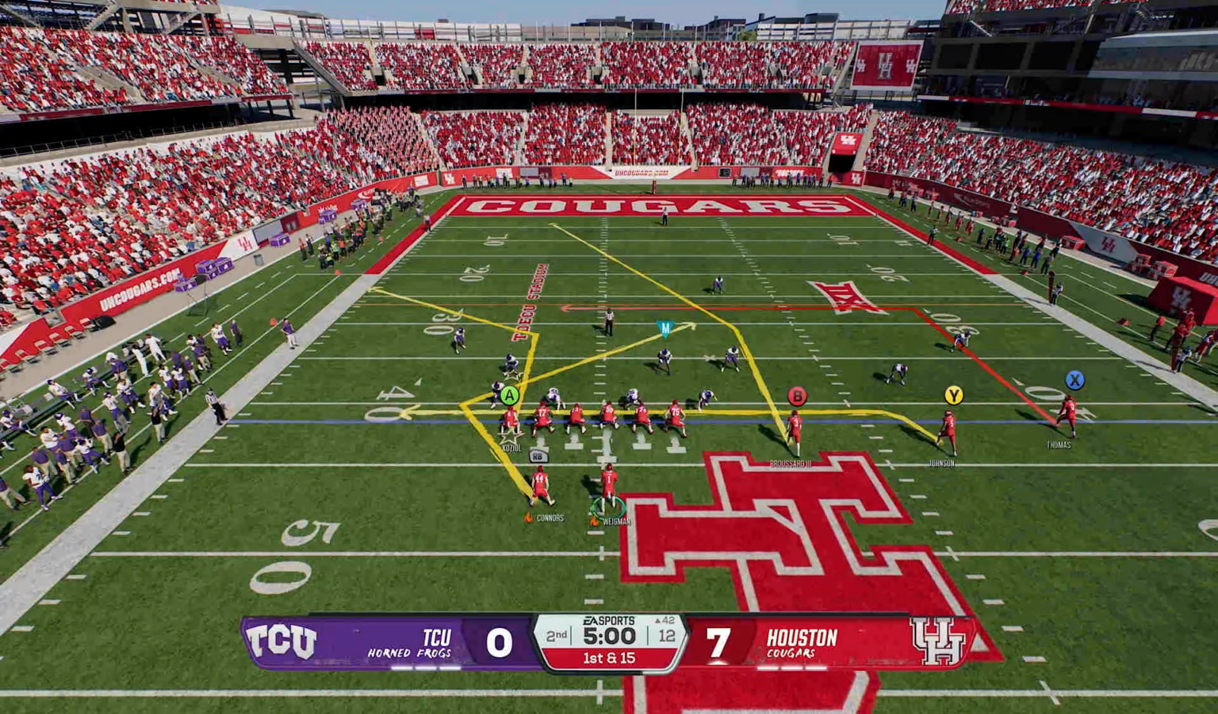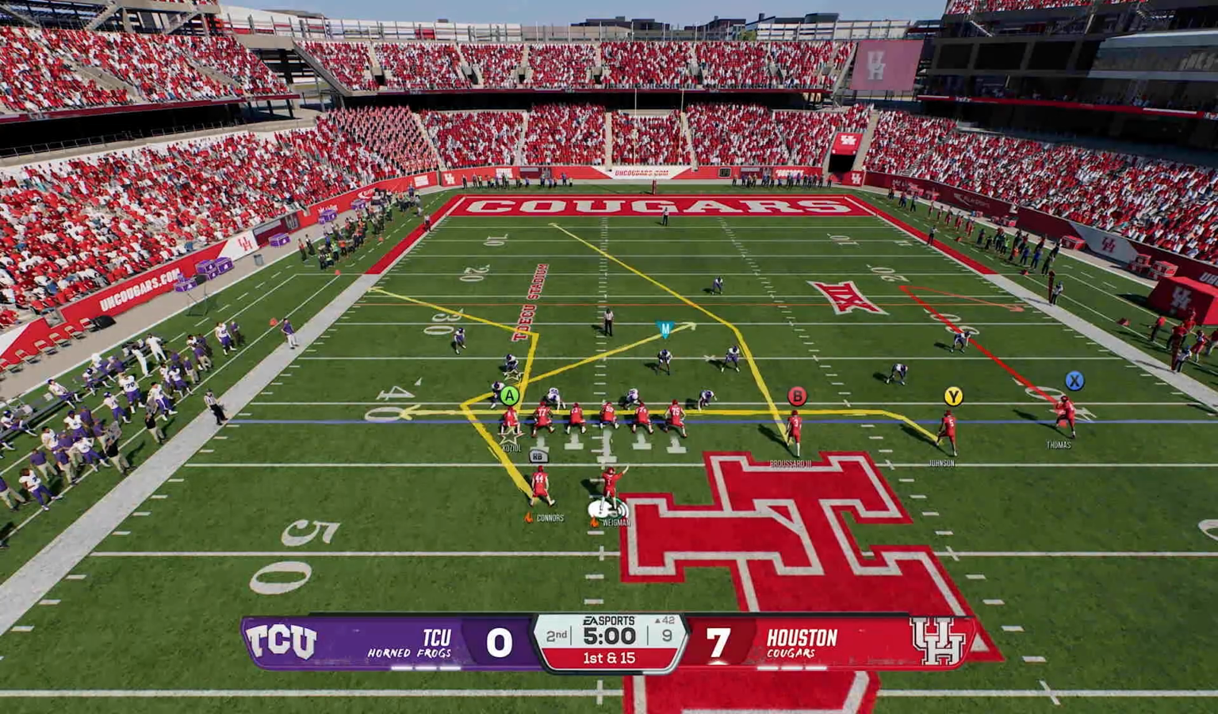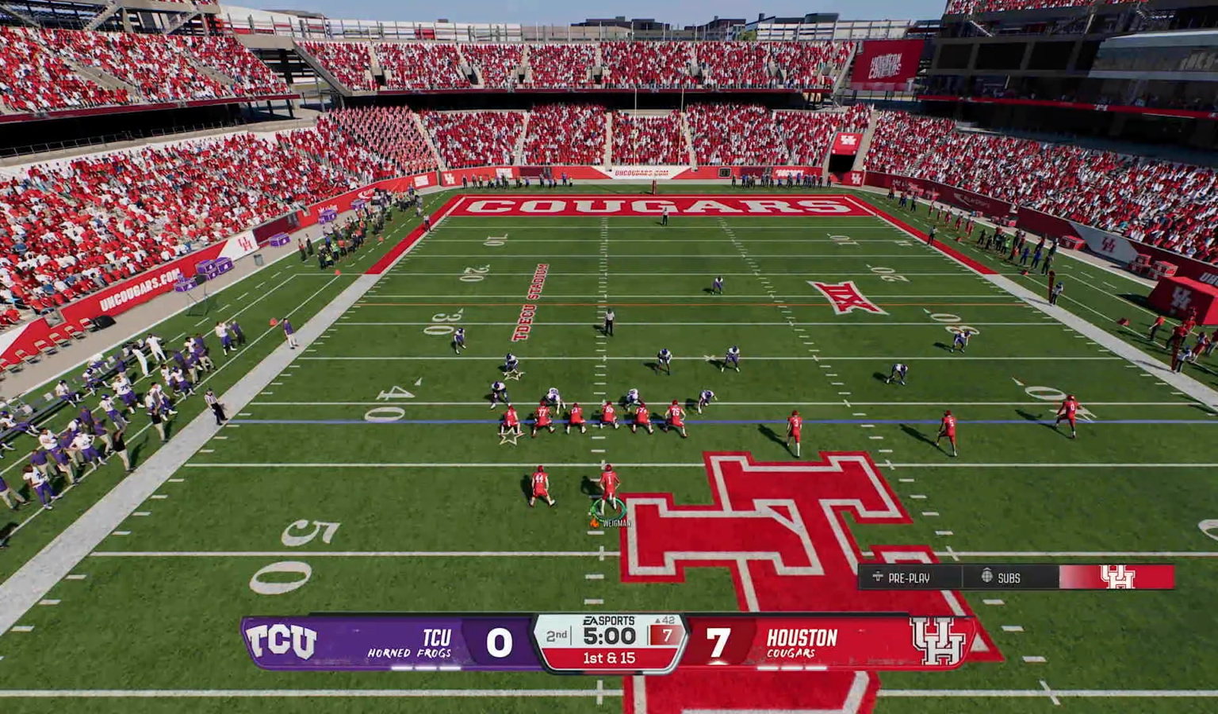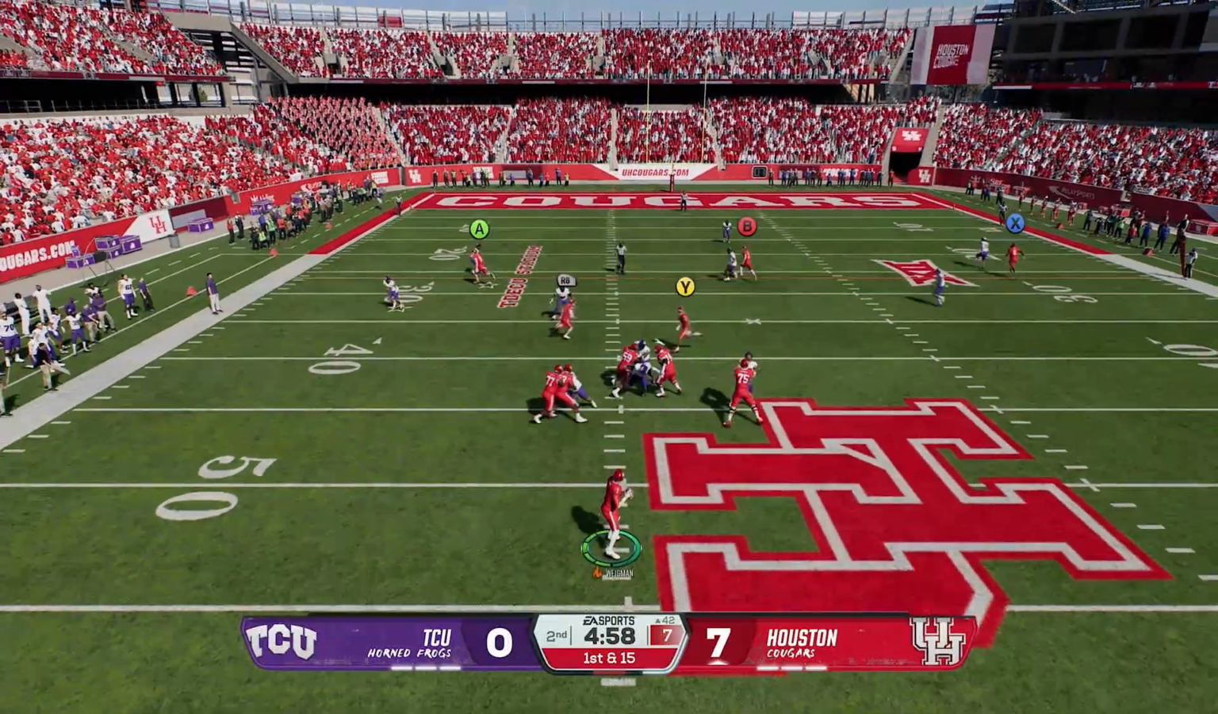I can drag Y here to create this high-low underneath. If they play man, I can put this guy on a comeback here and really just watch how they're playing it. Nope. And you see here,